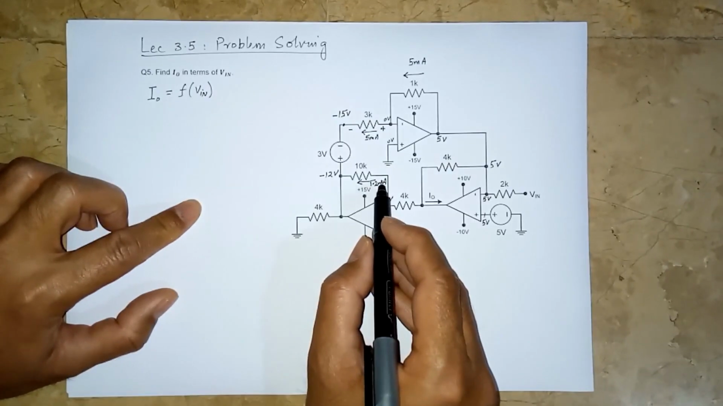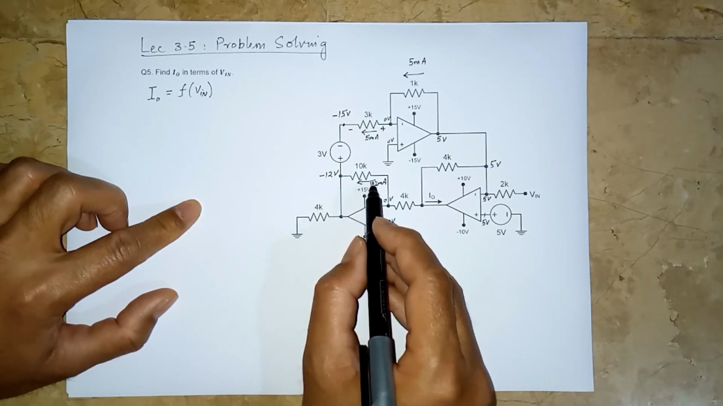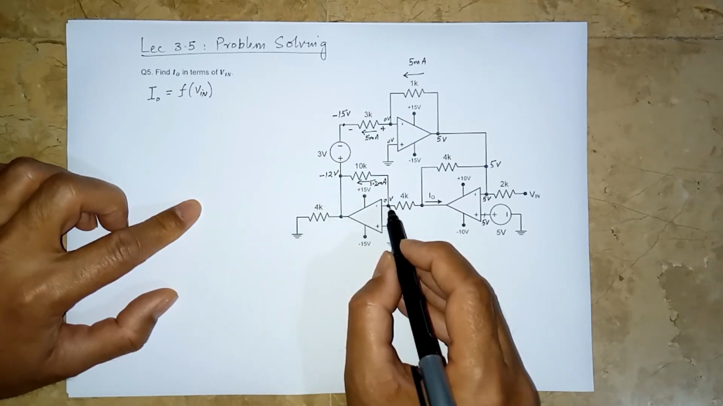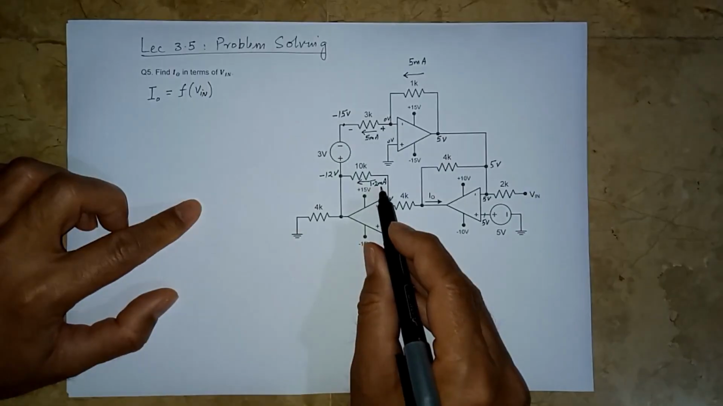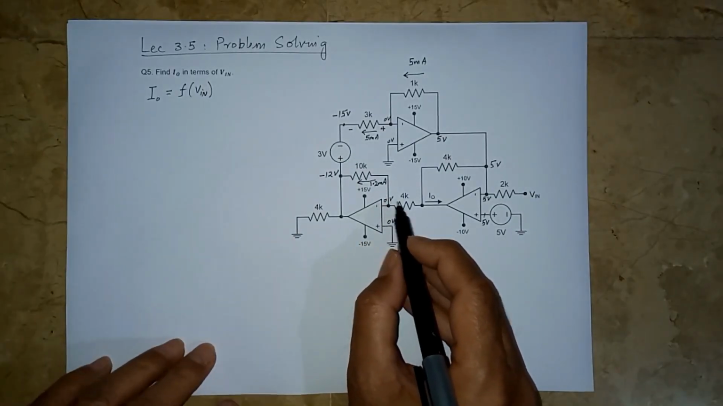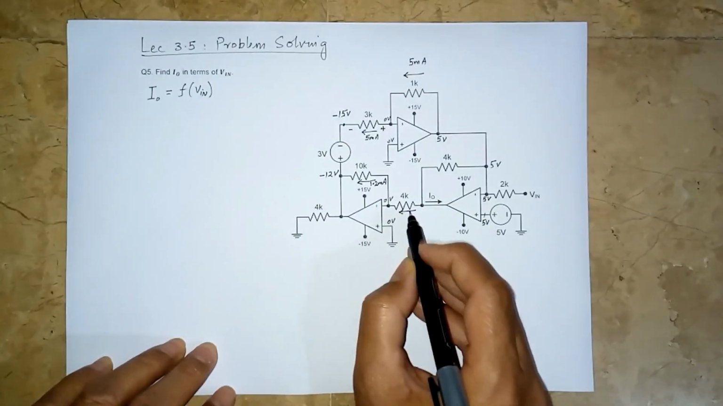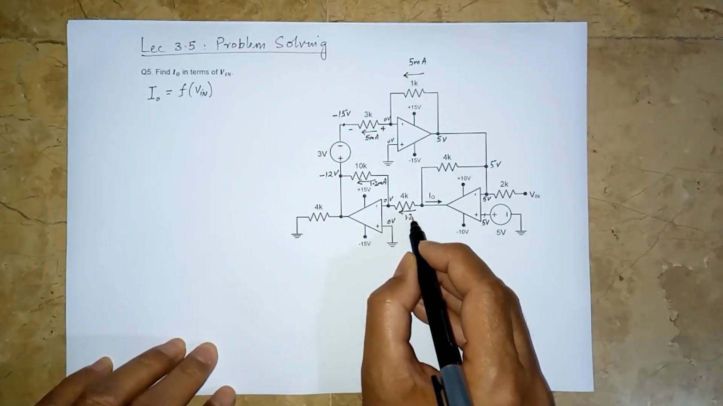And we know a 5 milliampere current is coming from here, and this 1.2 milliampere current is going from here, and no current can go in here. So all this 1.2 milliampere current must come from here. So this current is 1.2 milliampere,